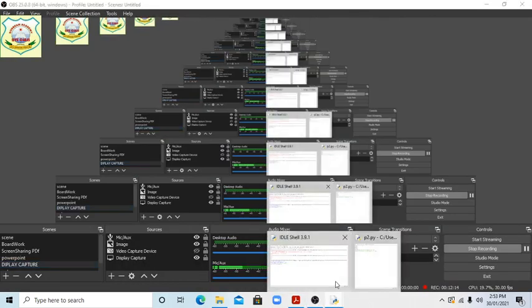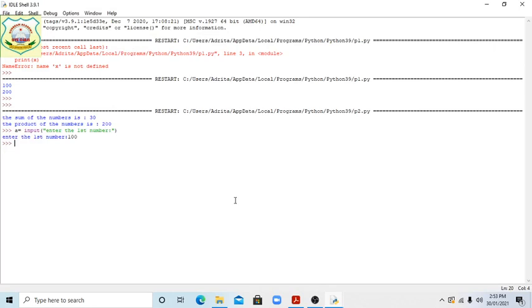See, students, a equal input, enter first number.